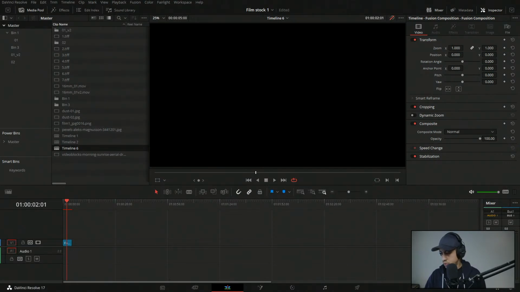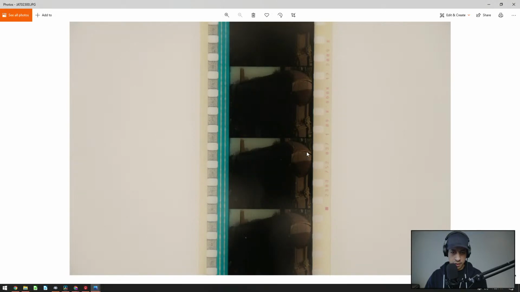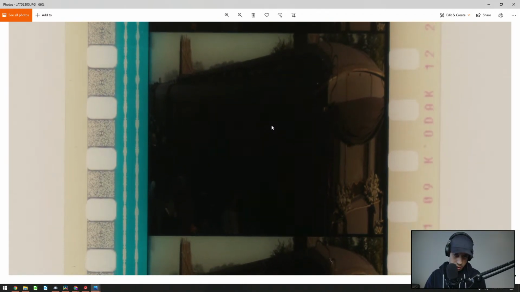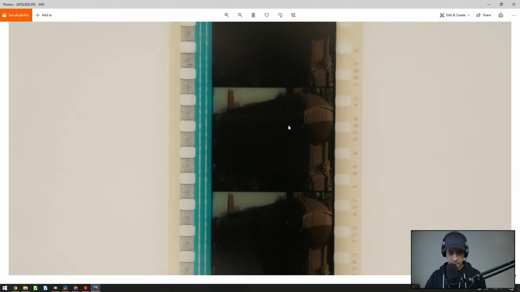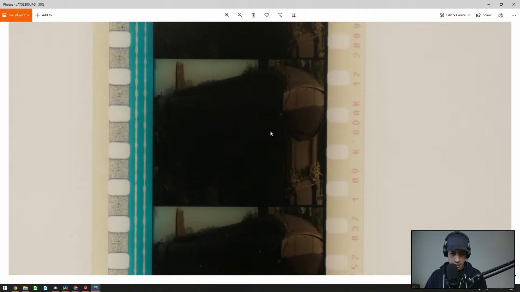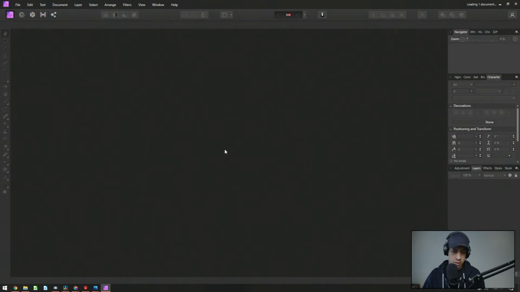All right, back to what we were doing. We are grabbing some of the 35. I can't even tell what that is. Is that a train? I think it is. I think that is a train. Okay, so now we will be opening up my editing tool of choice, and it says that there is an update. And so we will bring this in,